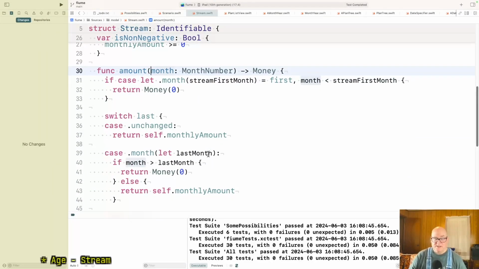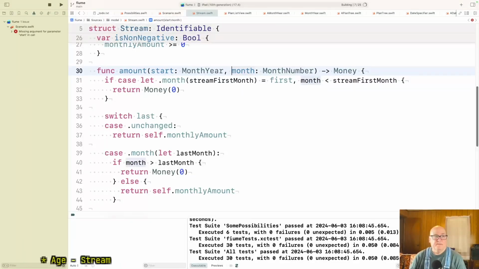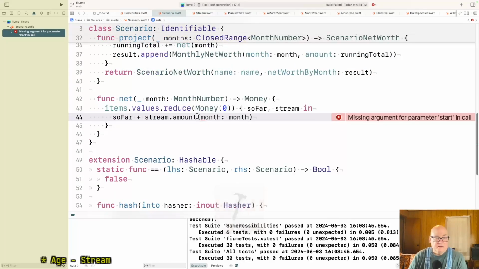Now, everybody that calls and tests and stuff like that does, but we can let them. So if I said start is a month year, callers would break. So we know scenario will break. Yeah. Okay.